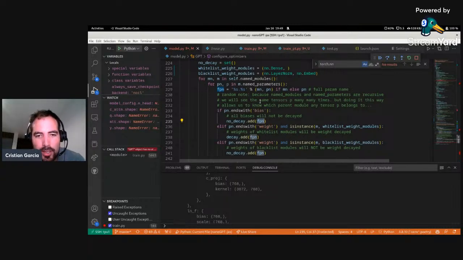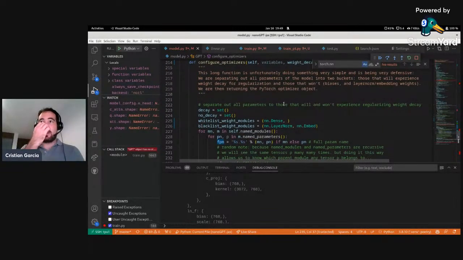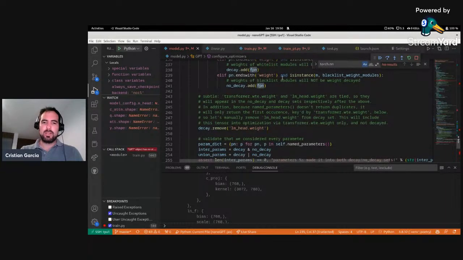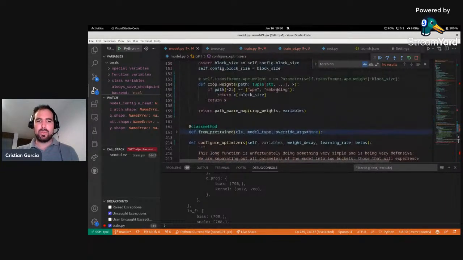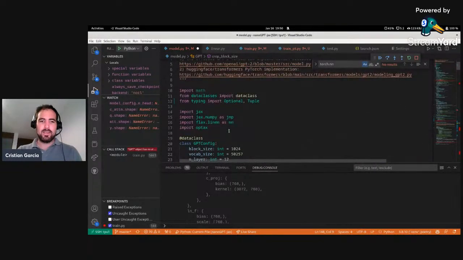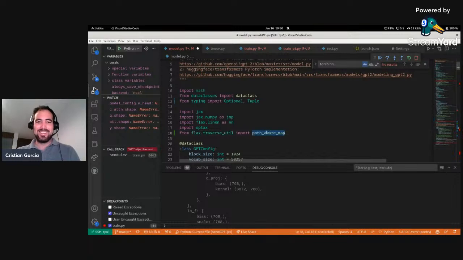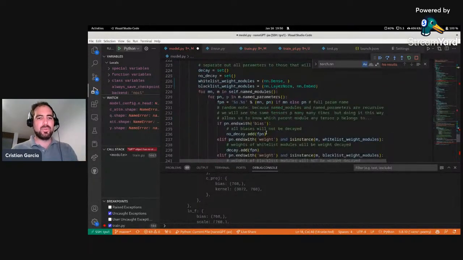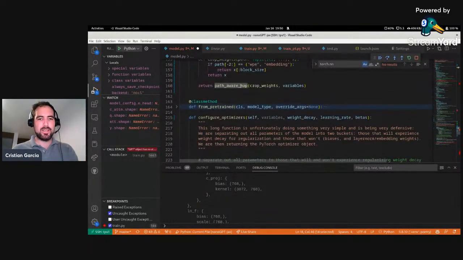Let's see if we understand the logic. This should be easy if we use again path aware map, because we should just be able to. So path aware map was actually created for exactly this, to create multiple optimizers. If we look at the documentation,